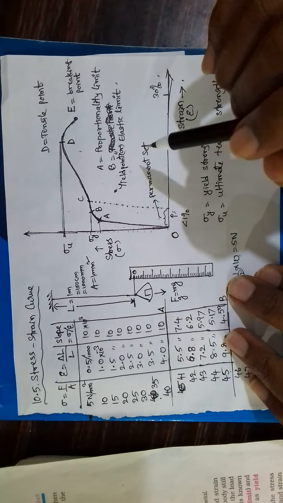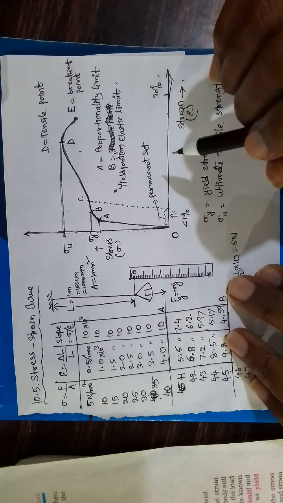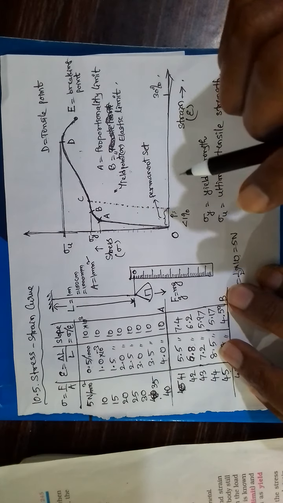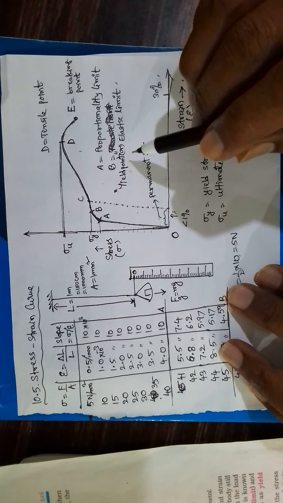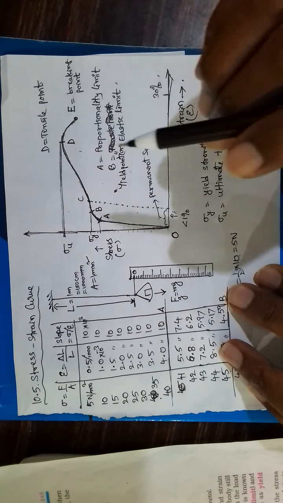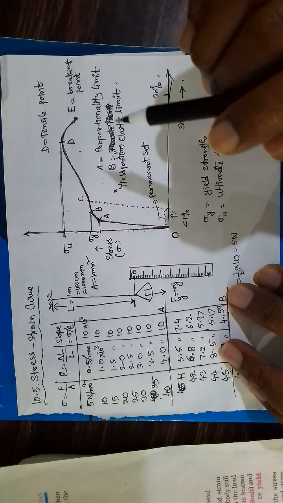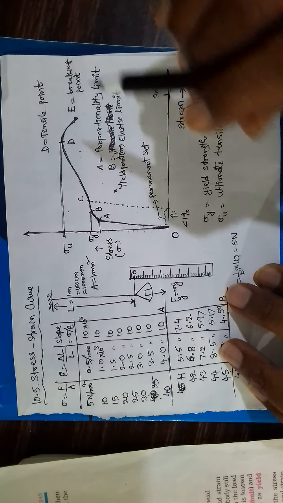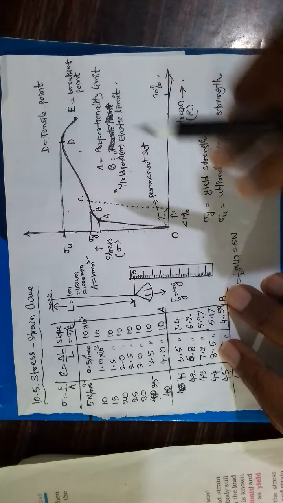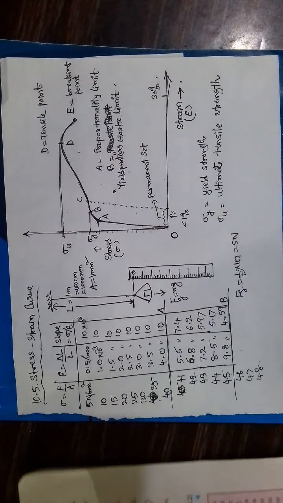So in this way, you can determine the nature of the given material. One thing you should remember is the stress strain curve is not the same for any metal. For copper it is one like this, for brass it is another, for steel wire it is another. For different materials the stress strain curve is different. Now I will show you, in our textbook, one